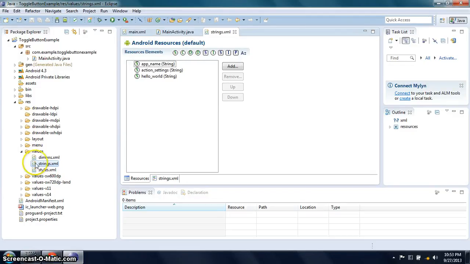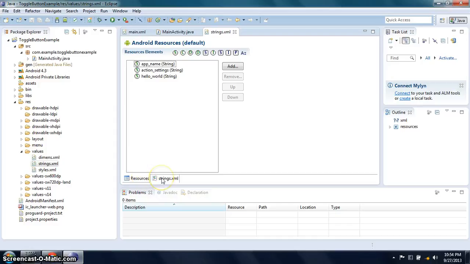When you open the strings.xml file, Eclipse will display the graphical resources view editor. This is an easy tool you can use to add several resources to your application, like strings, integers, color values, etc. But we are going to use the traditional way, and that is editing the strings.xml file by hand.